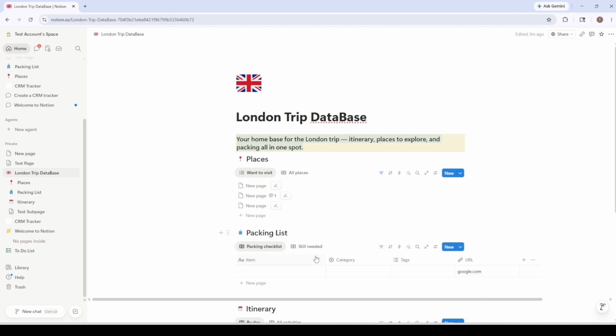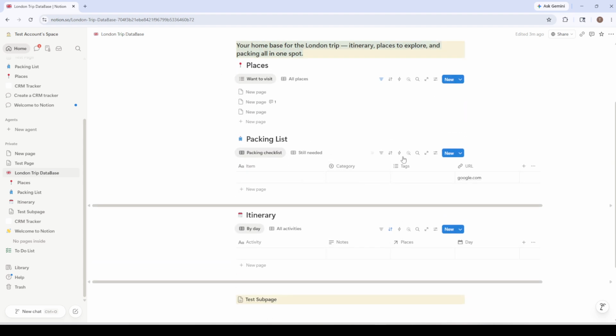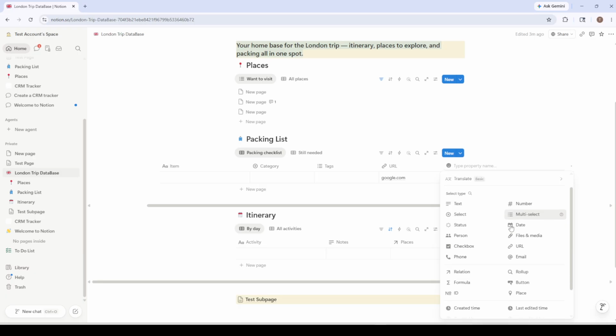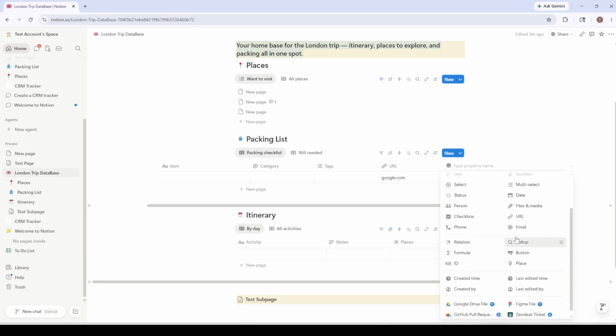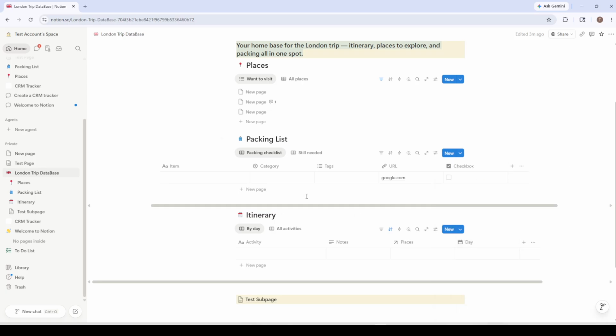A table in Notion is more than a list. It's a database with columns called properties, and each property stores a certain kind of information. To add a checkbox as a property, look to the far right of your table headers and click the plus icon to add a new column. This opens the property menu where you can choose the type of data you want in that column. In the search field, type checkbox, then select it from the list. The moment you do, your table gains a new column with a small square in every row that you can